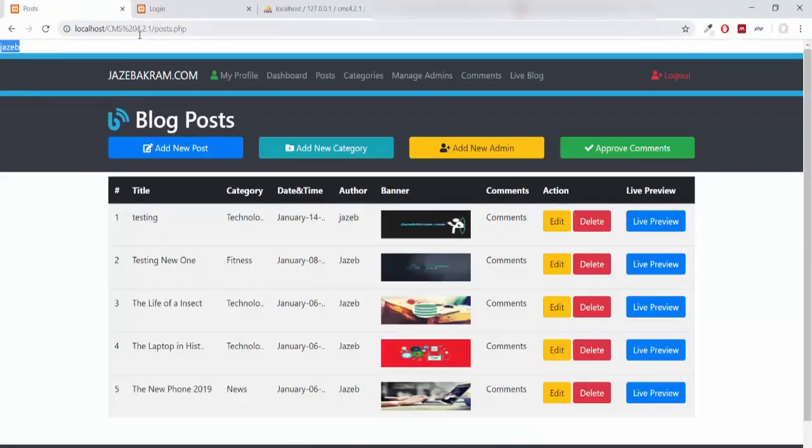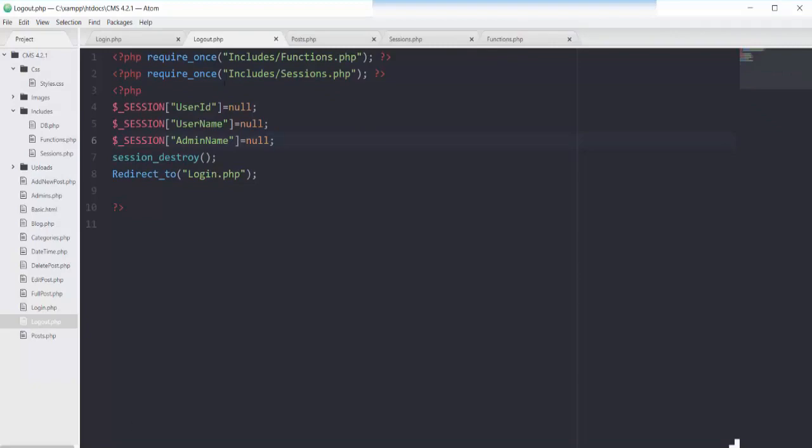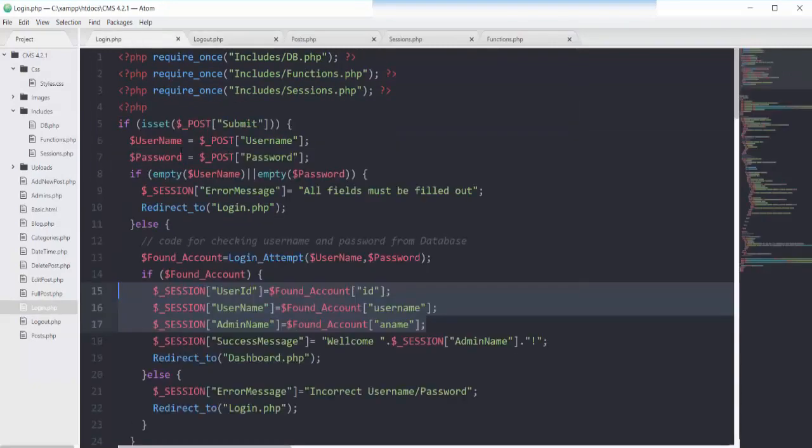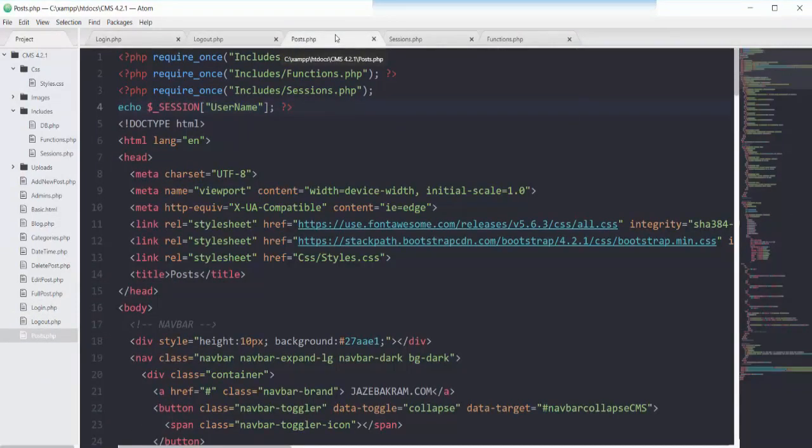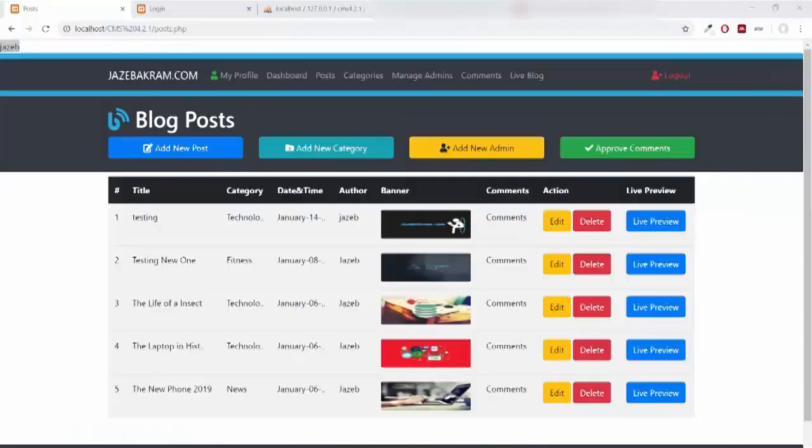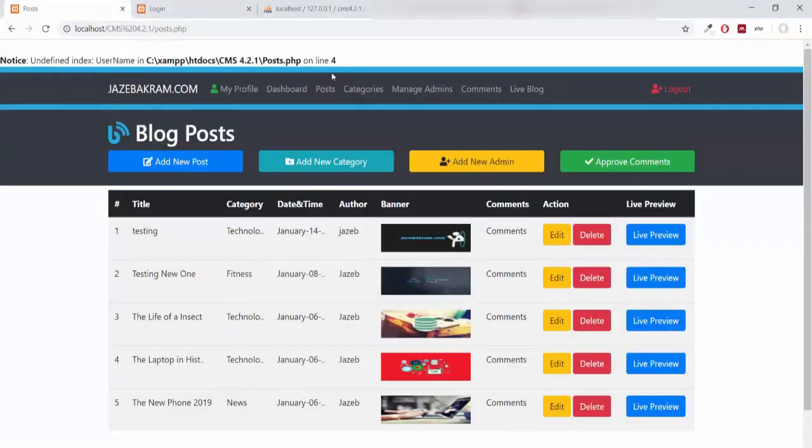And if I try to access the session username variable on this page, posts.php, and just refresh this page, see, I'm getting the error, which means that our username is not set anymore.